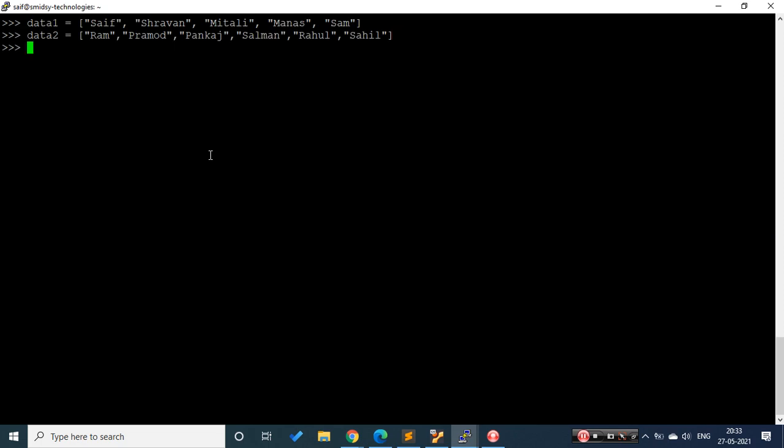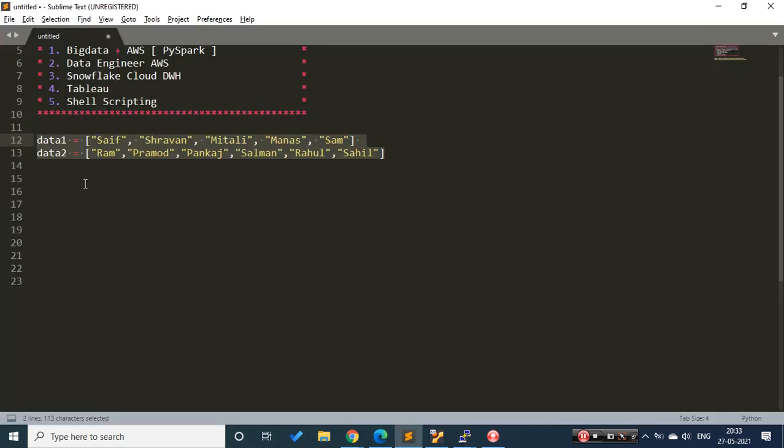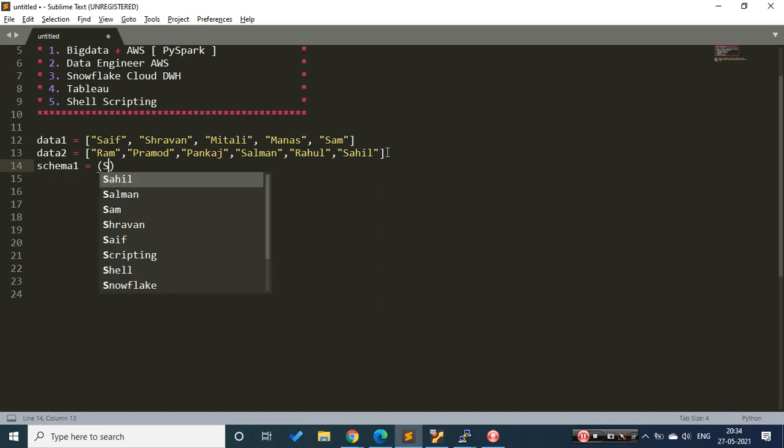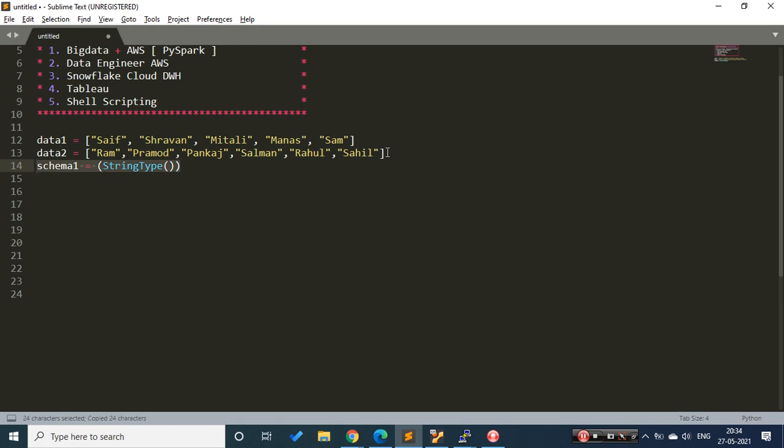Let me quickly copy this, clear the screen, and paste this. Now I will create a schema for this. Let's say schema 1 equals, and the type which I have in my list is nothing but string type. In a similar fashion, let me copy this and paste this.